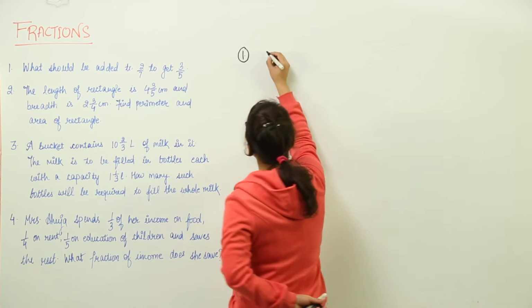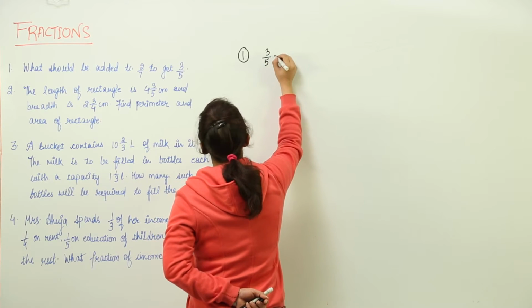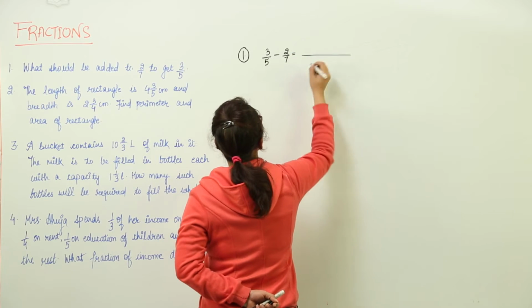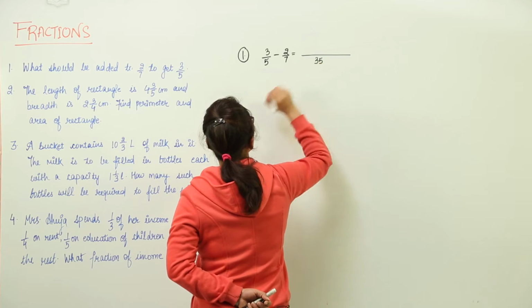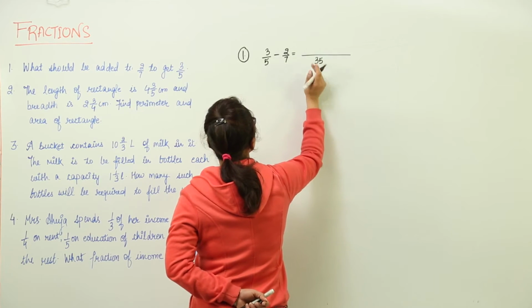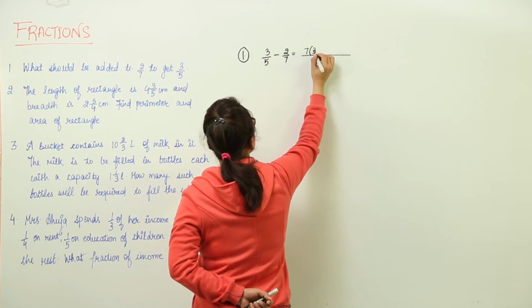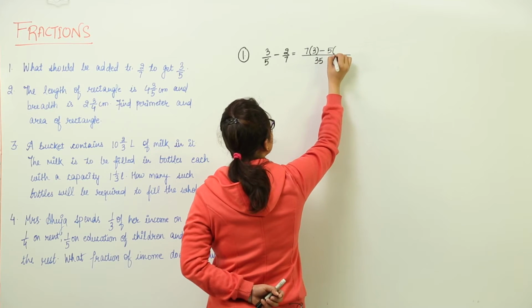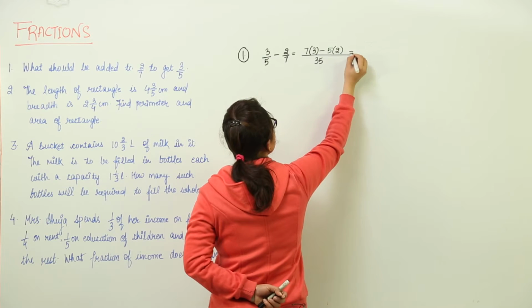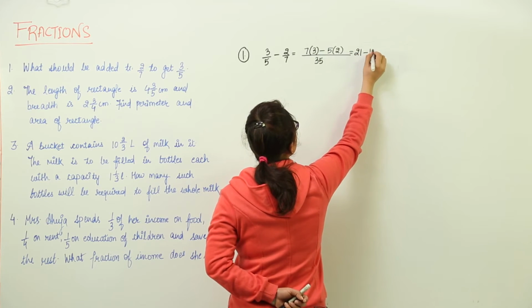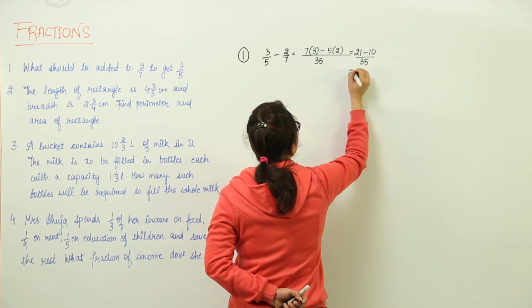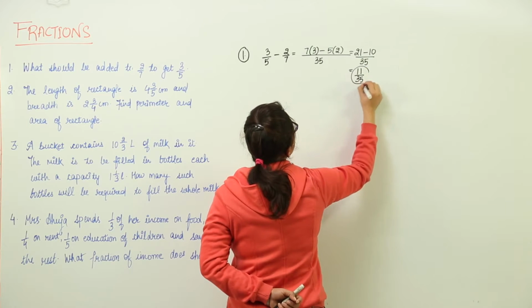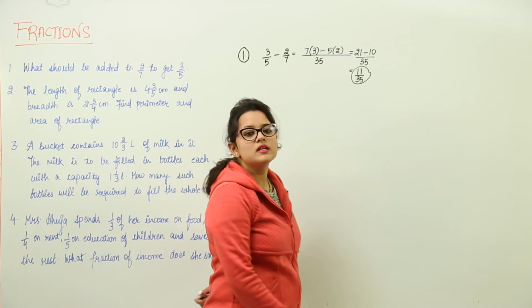So what are we going to do? We are going to subtract 2 by 7 from 3 by 5. And how do we do that? We take out the LCM of 5 and 7, which is 35. We write 5, how many times is 35? 7, and write the numerator minus. What is 7? How many times is 35? It is 5 times, and we write the numerator. So we get 7 3s are 21 minus 5 2s are 10 upon 35, that is equal to 11 over 35. This should be added to 2 by 7 to make it 3 by 5.